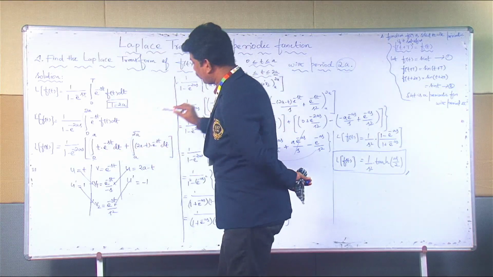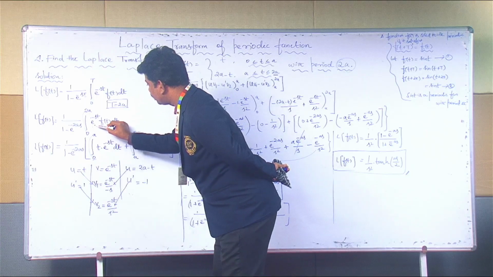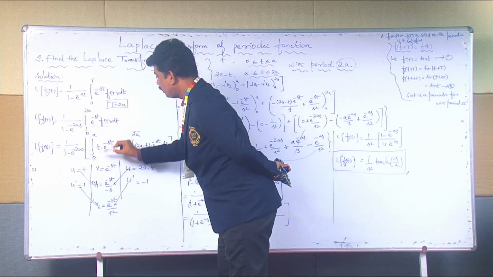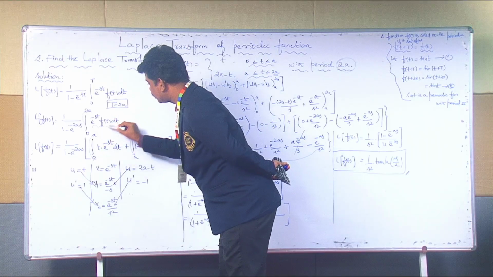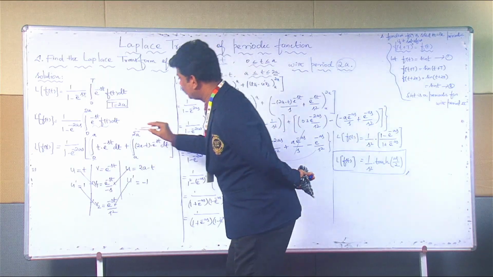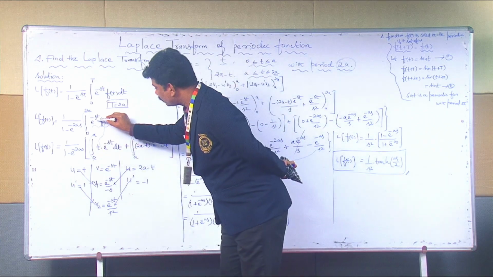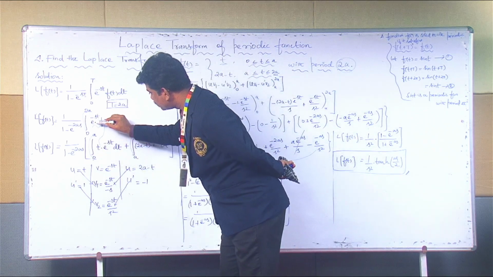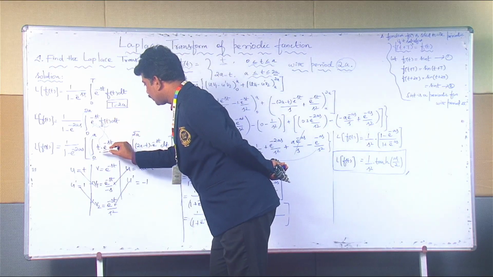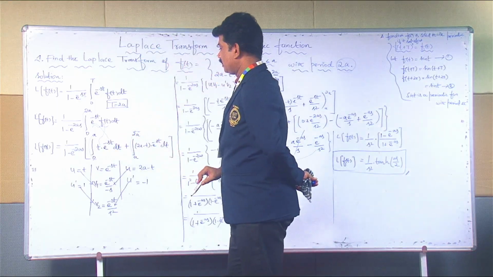So according to the given problem, integral 0 to a. Look at the function here. I am directly applying the function. What is the given function in the interval 0 to a? In the interval 0 to a, f of t is equal to t. So instead of f of t, I am replacing it with t, and you have to keep e power minus st as it is. No need to disturb that. So you have to write integral 0 to a of t into e power minus st into dt, plus